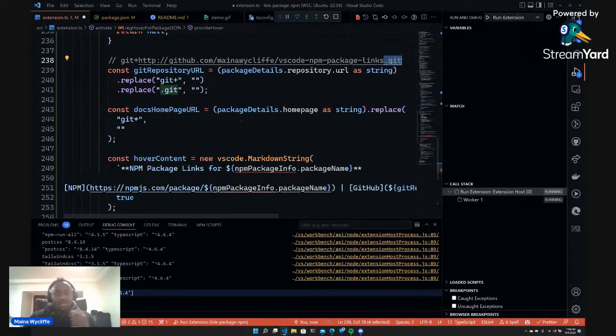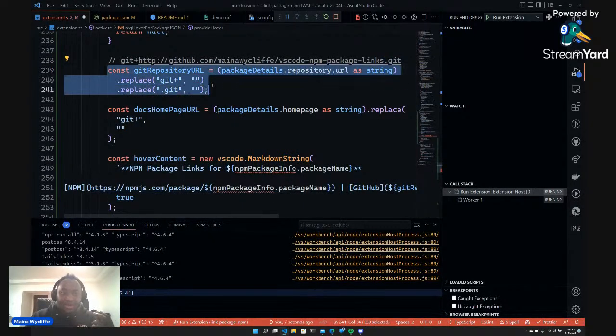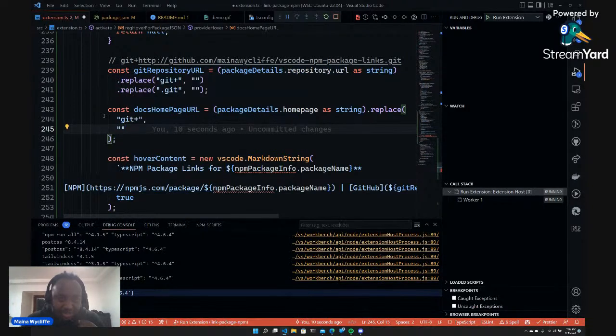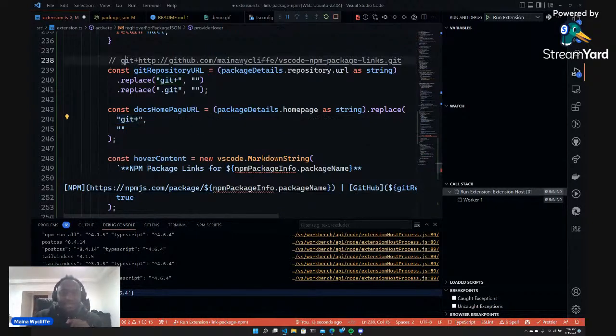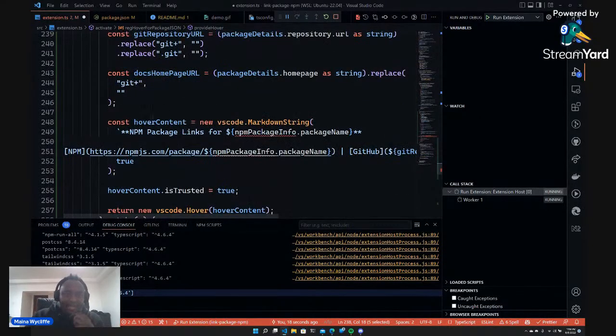So that's what we are doing here. Then the docs URL. This way I'm also doing the same because there is a possibility it's the same as the Git URL. So we are removing any of this so that we are left with a plain URL that we can link to. And lastly, what we want to create is use this Markdown string class to create a Markdown, which is